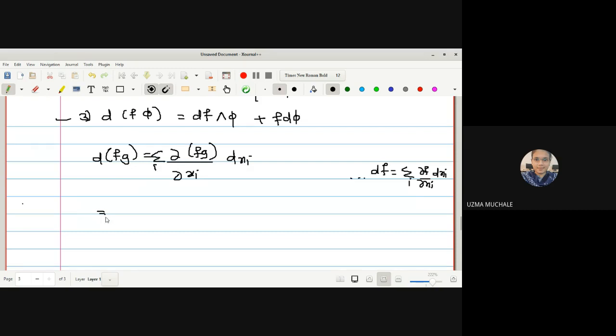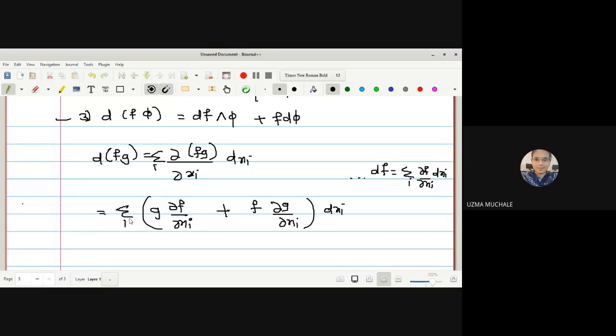With summation over i. Now, if I want to just evaluate this summation, let me keep this summation as it is. First, we will evaluate the partial derivative of this with respect to xi. The product of these two functions is there, and we have a partial derivative. How to evaluate? First, we'll keep g as it is, and derivative of f with respect to xi, plus then I will keep f as it is, then derivative of g with respect to xi, and here dxi as it is, and here summation as it is. Yes, everyone get me? Yes, ma'am.